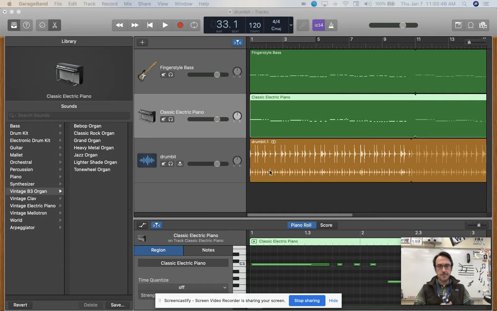Good morning. All right, so day 3 of working with Drumbit and GarageBand, or I guess this is day 2 working with GarageBand and Drumbit. This is the 3rd day working with Drumbit. All right, so yesterday we talked about how to add our drum beat that we downloaded from Drumbit into our